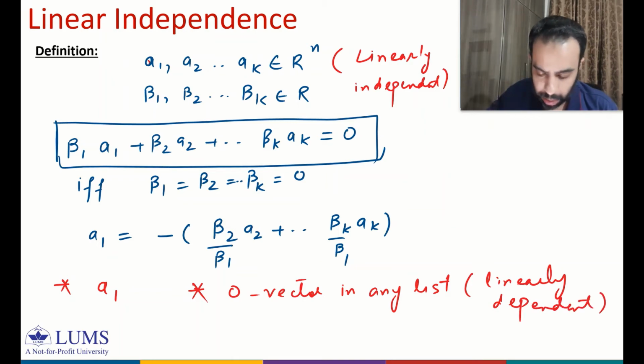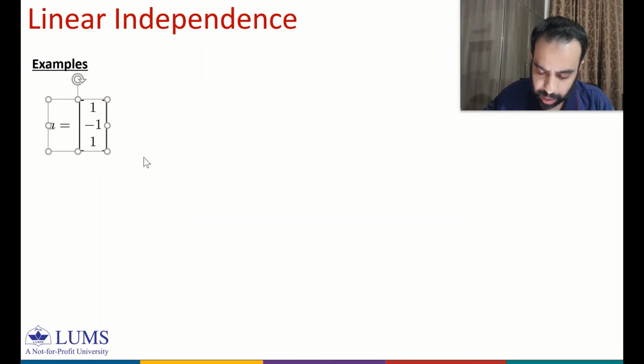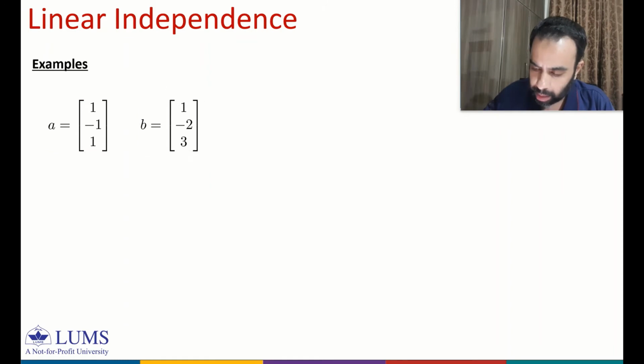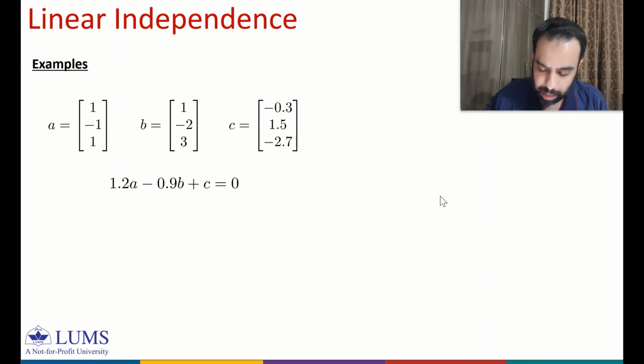So maybe let me also talk about one more example. Say we take a vector in three-dimensional space. Say we take a very simple vector a = (1, -1, 1), and another vector b = (1, -2, 3), and another vector c = (-0.3, 1.5, -2.7). We note here that in the linear combination, you can find beta 1 equal to 1.2, beta 2 equal to 0.9, and beta 3 equal to 1. So their sum is equal to 0. If the sum is equal to 0 and the betas are non-zero,